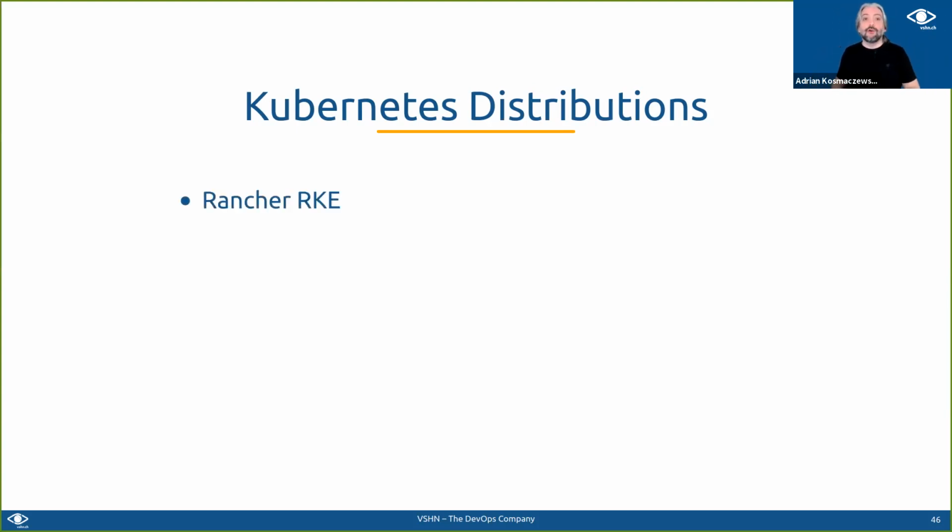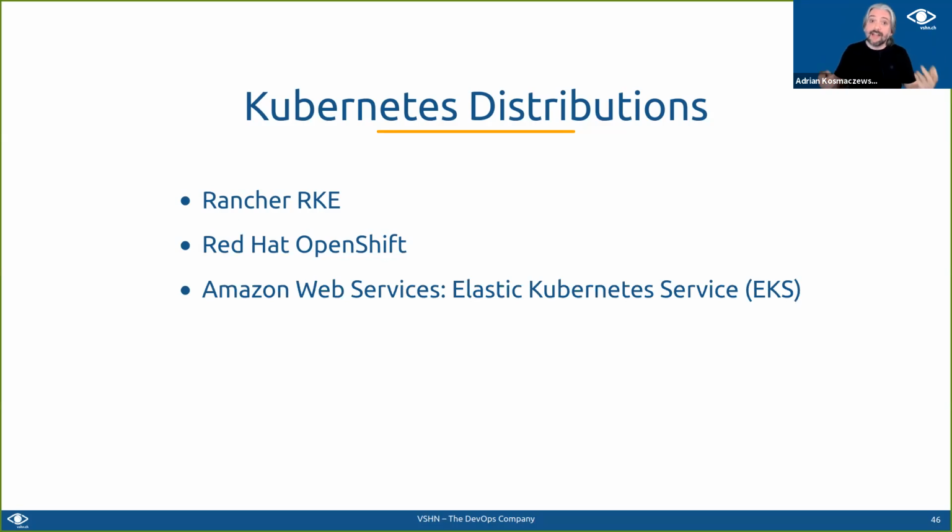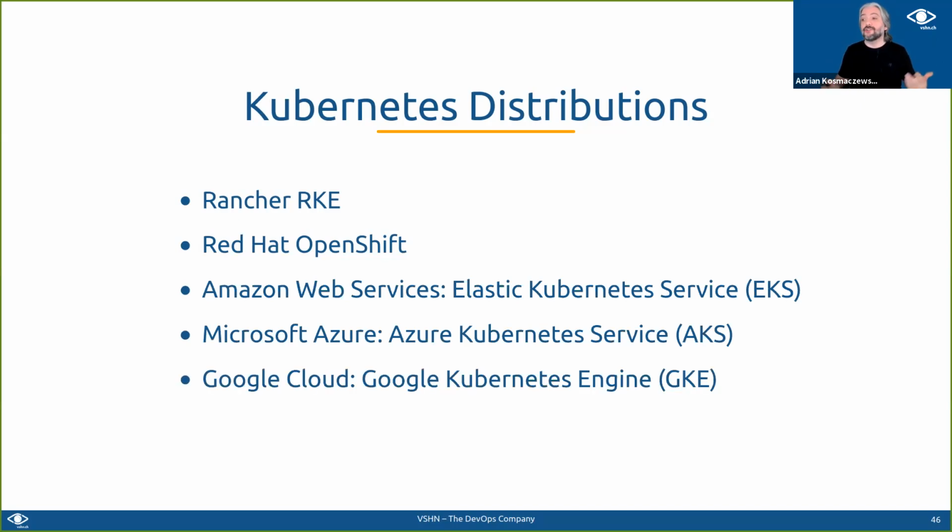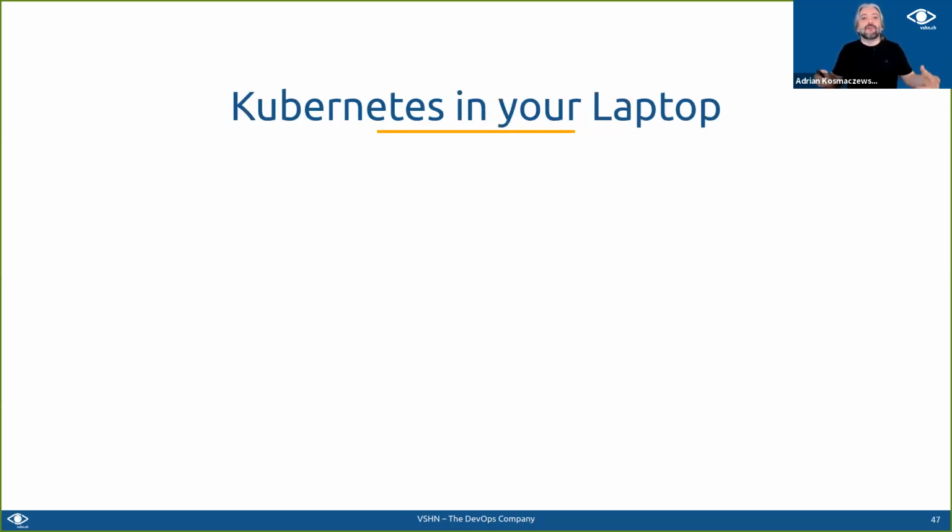Some of the most well-known are Rancher RKE and Red Hat OpenShift. Those are distributions of Kubernetes that you can install on your own premises. If you don't want to install them on your own premises, you can buy Kubernetes clusters directly from Amazon, Microsoft Azure, or Google Cloud. And of course, Apuyo, which together with Swisscom, offers OpenShift as a service. And OpenShift, as you can see, is one of those distributions. It's a project based on Kubernetes as well. There are also managed